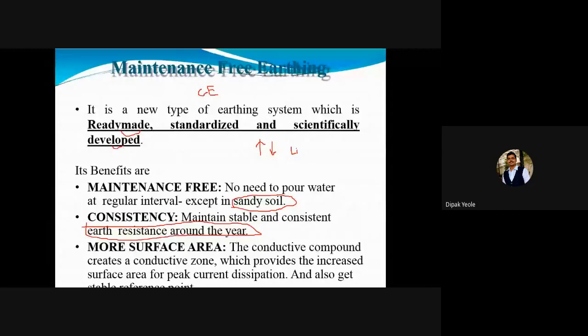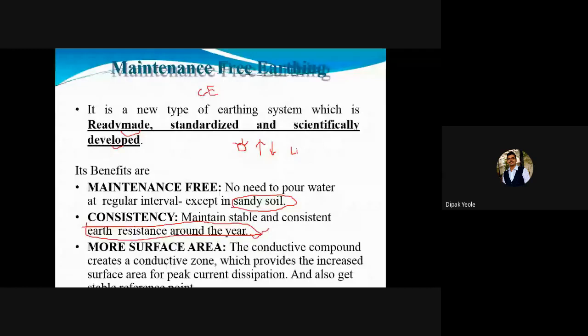आणि तो अमाऊंट ऑफ करंट त्या इक्विपमेंट मधून अर्थ मध्ये न जाता तो कुठे राहील, तुमच्या अर्थ सरफेसवरच राहील. सो दॅट द पर्सन विल गेट शॉक. येस, सो दिस इज कॉल्ड ॲज the disadvantage of the maintenance, or you can say conventional earthing. But here we don't bother about 1 year. Yes, so this is called as, it has a consistent low value of earth resistance around the year.